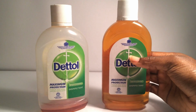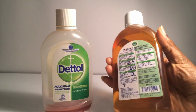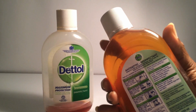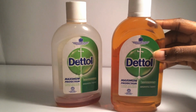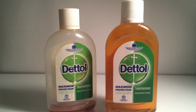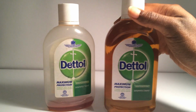Dettol Antiseptic Liquid is a disinfectant that has been around for over 80 years, and it's a multi-use product. You can use Dettol for first aid, domestic cleaning, bathing, and more, plus it's recommended by medical professionals. Dettol is proven to kill bacteria and provide protection against 99% of a wide range of germs that can cause